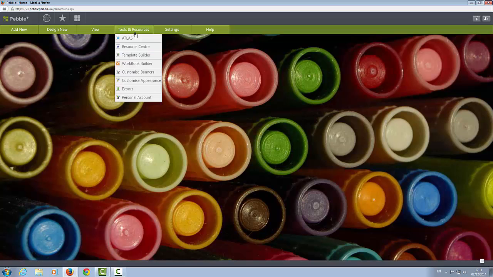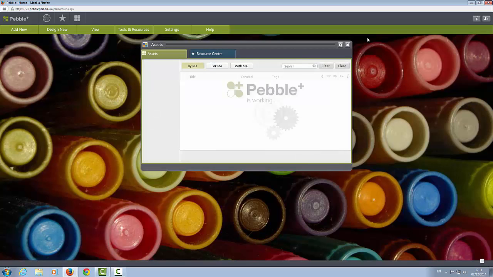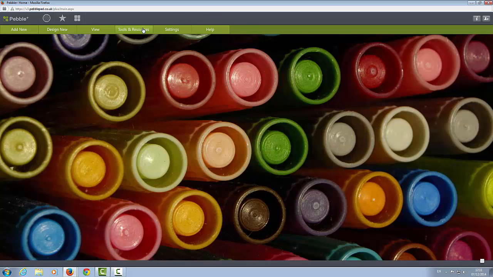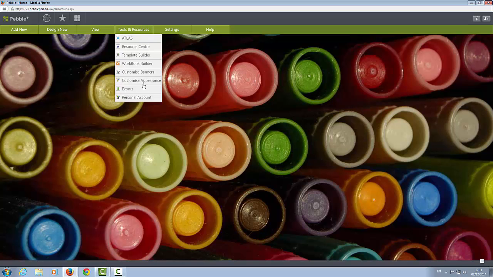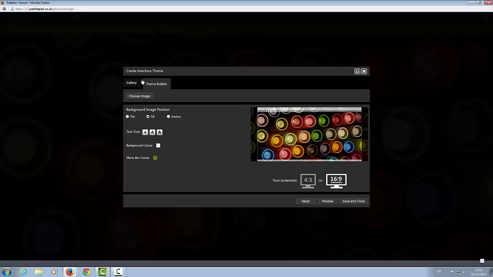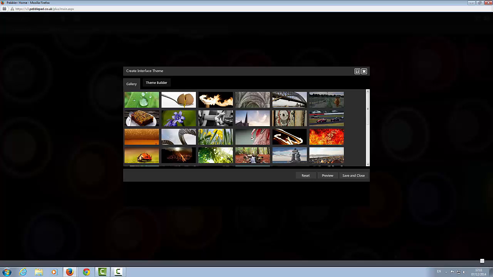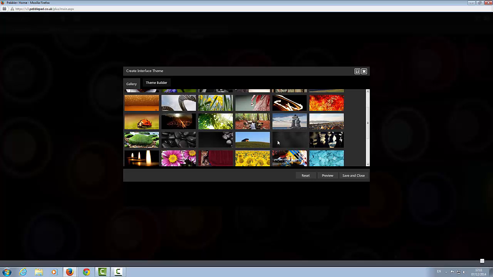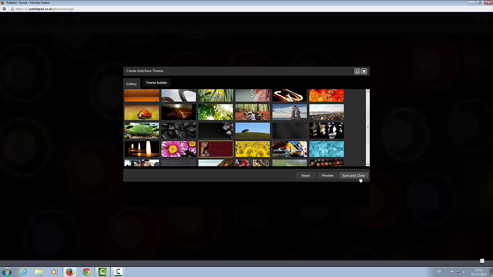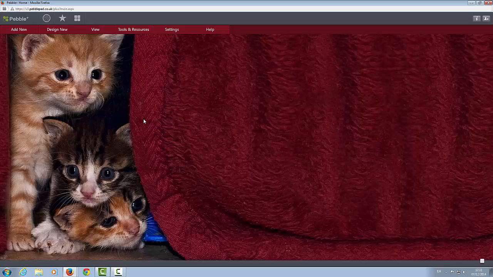In the Tools and Resources tab, you can access the Resource Center and the Asset Store. You can also use it to customize your appearance, which I'm going to do now. So here you can see the default background back there. I'm going to change it to something, going to go to Gallery and select an image which I feel is more indicative of my interests. And here you go. I now have some absolutely adorable kittens looking at me and encouraging me onwards in my